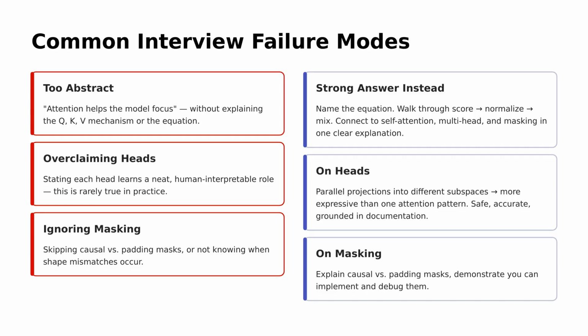Common interview misses on attention are being too vague, overclaiming what heads do, or skipping masking entirely. Don't just say attention helps the model focus. Name the equation and walk through scores, softmax normalization, and value mixing. Describe multi-head attention as parallel projections into different subspaces, not tidy human roles. And be ready to explain causal versus padding masks, including when they matter, and how shape mismatches show up in